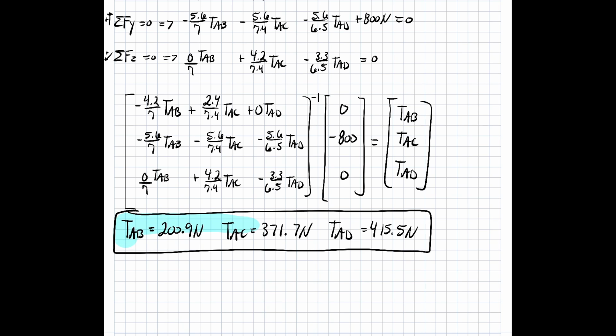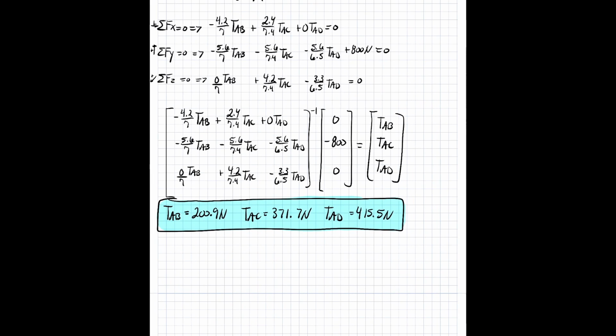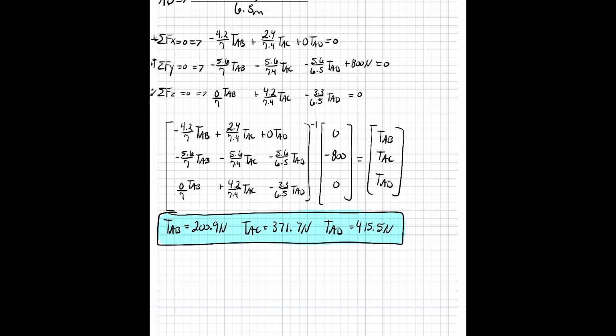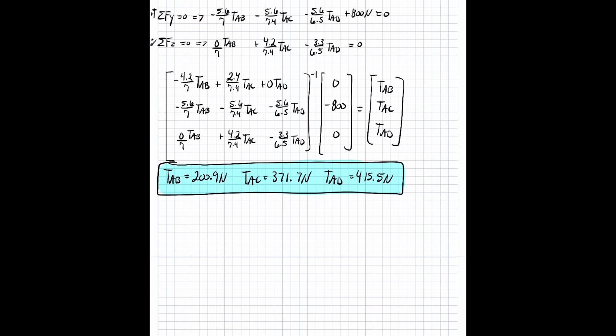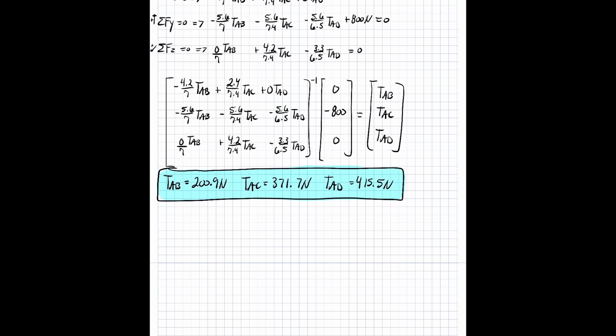It's good practice to carry out your decimals out to the third decimal place, but as long as you stay consistent with your decimal places throughout the problem, you can do whatever amount of decimals you want. You can put it to whole numbers, you can put it to the first, second, doesn't matter. Just make sure you stay consistent. Other than that, that is problem 1 of the review. And now we will go on to the next problem,